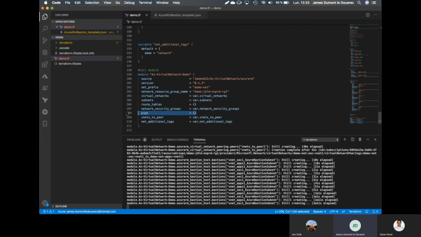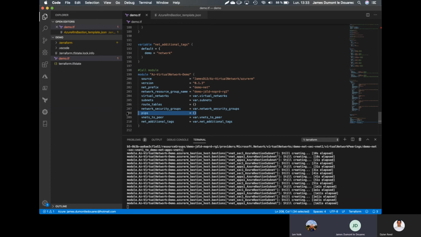But I wanted to embed the function that creates the bastion host for you. So if you go on the module, you will see that if it sees that you're trying to create a subnet called AzureBastionSubnet, it will create the bastion host and its public IP for you, even if you didn't ask to create a public IP.